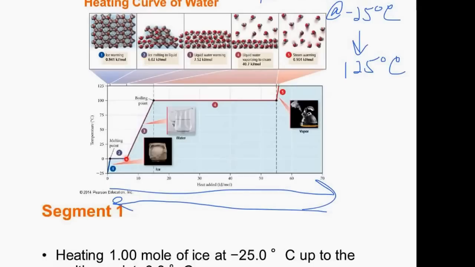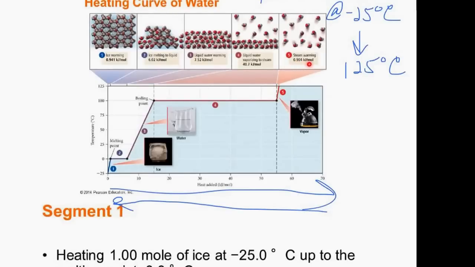And then segment 3 is a temperature change segment again, and this is the liquid now gaining in kinetic energy. And if you do that, you calculate the energy absorbed in that segment to cause the temperature to increase. It's 7.52 kilojoules per mole. And then as we go this direction and we start getting boiling, then the vaporization part, the steam formation, takes 40.7 kilojoules per mole. And then to get the steam from 100 degrees C to 125 degrees C is